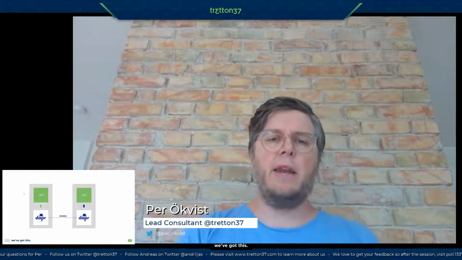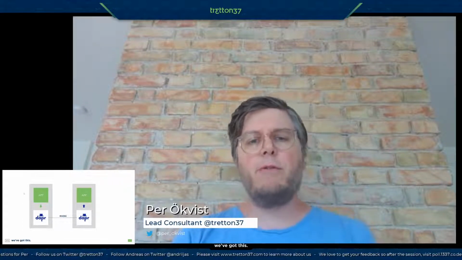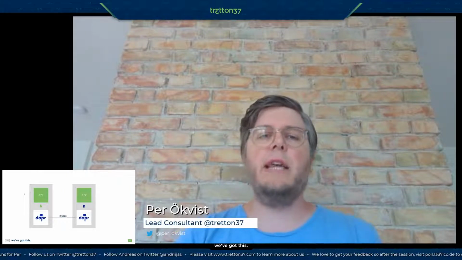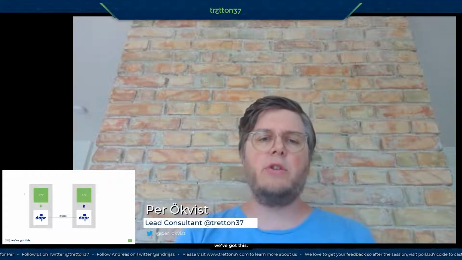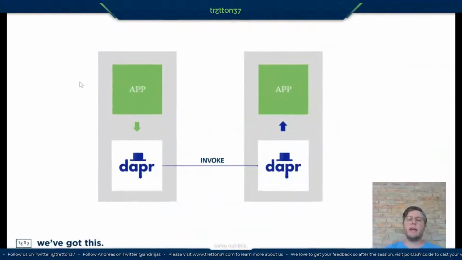And Dapr also handles the case that you want to invoke another service, and this, of course, involves knowing where this actual service lives. So in this case, you could, through your application, talk to Dapr that invokes another service through their sidecar running Dapr also. So here you could assume that you have some form of service discovery or some form of DNS happening. So services don't know where they live, but you could call upon them using Dapr. So now you see a few very common patterns that are now fulfilled by this sidecar runtime.